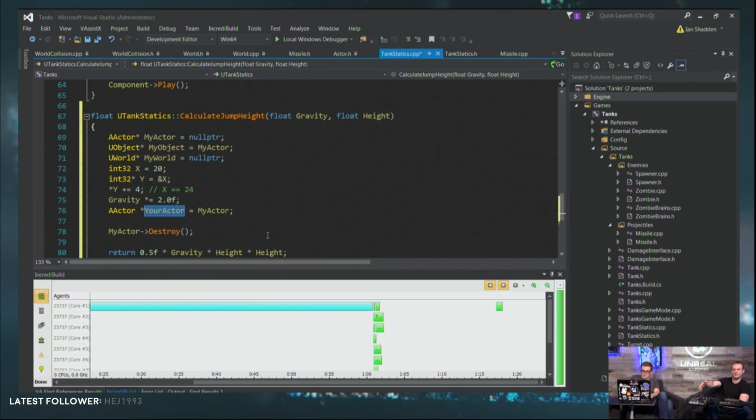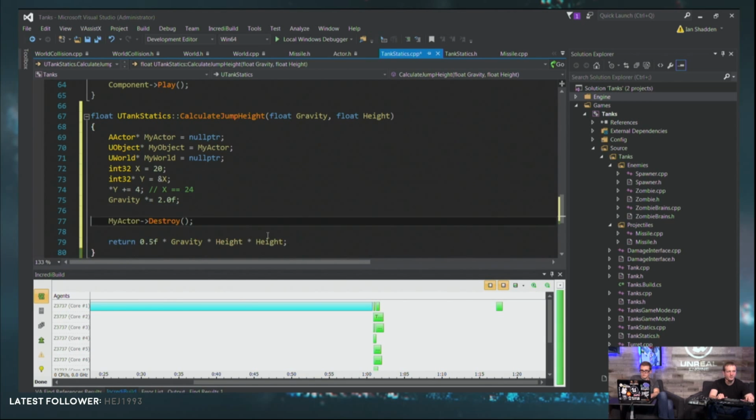So you're pointing at some garbage memory that could be in use by another object, or not in use anymore. Well, it definitely isn't in use anymore because my actor has been destroyed, but you'd be left pointing at it. It's like if someone moved away and you still have their address and you go to that house. They're not there anymore, but you don't know that. So the garbage collector updates things like that.